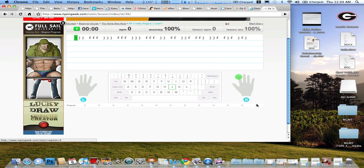And if you look over here, the right hand, there's some green circles on the right index finger. And there's a green outline around the J key. That means you'll take your right index finger and hit the J key 3 times, and now if you look, it's at a space,